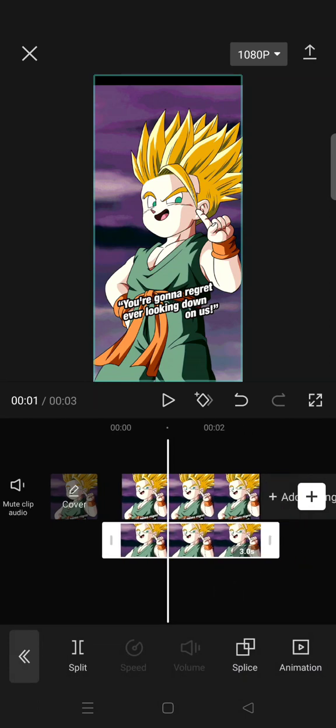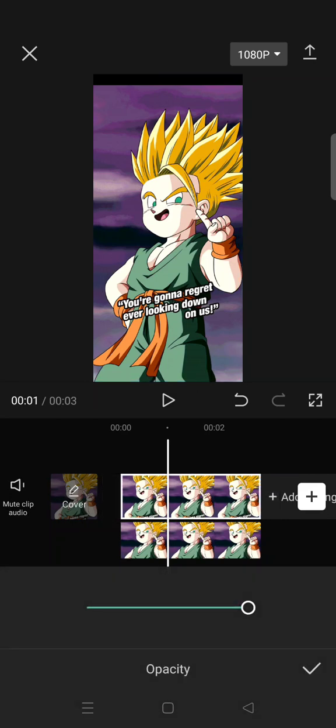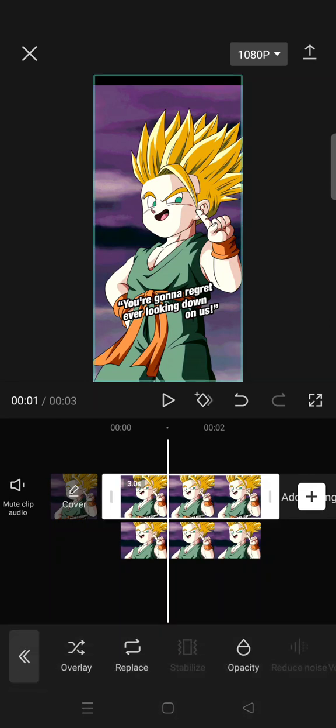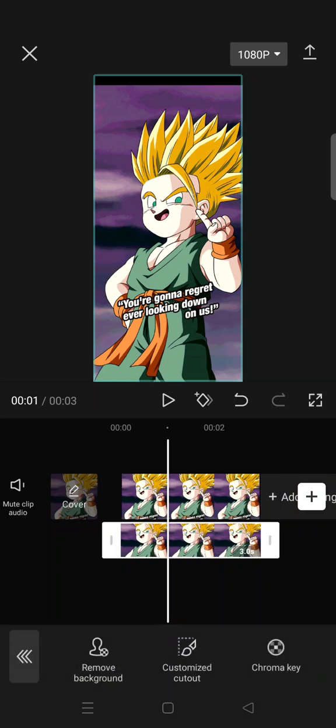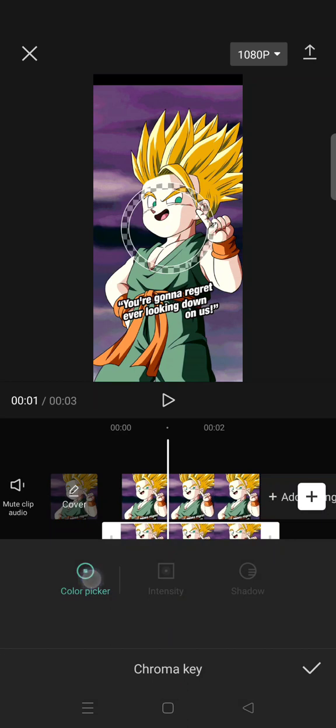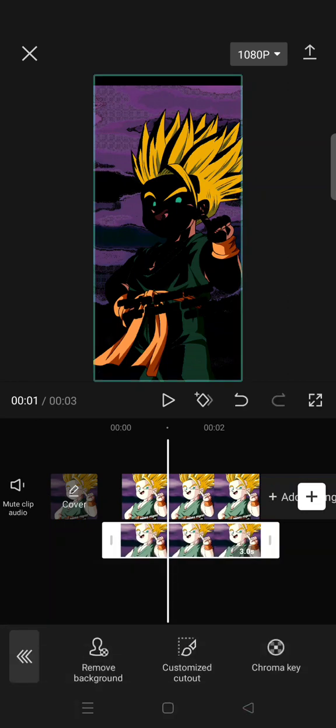Okay, so it'll go like this, and then click on the main video and then set the opacity of it into 0. Okay, click on the overlay and then go to cut out, click on chroma key, drag the color picker into the skin tone like this, and then set the intensity and also the shadow into 100. After that, click on the check icon,